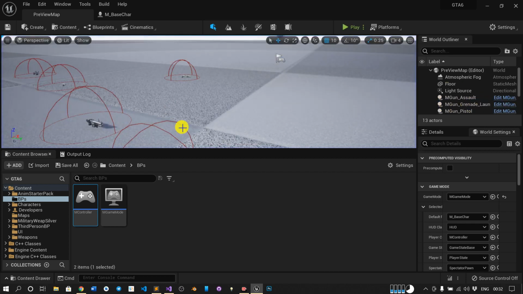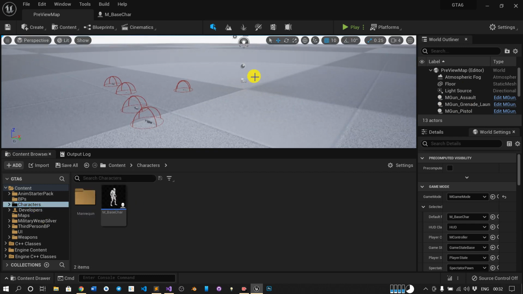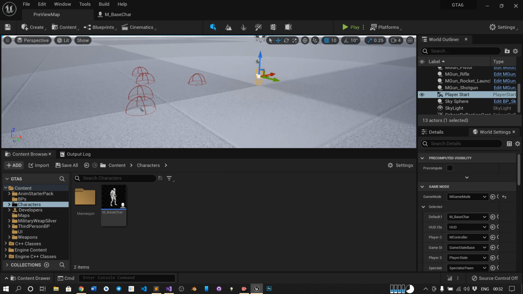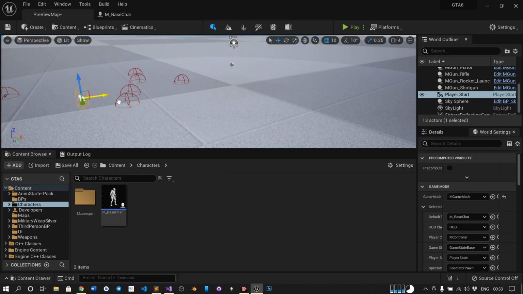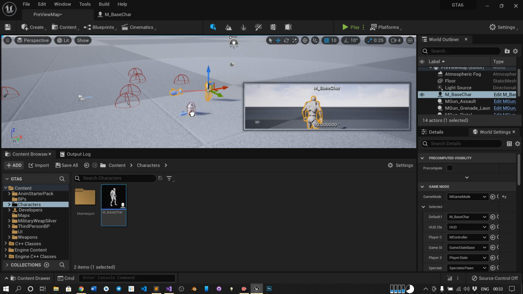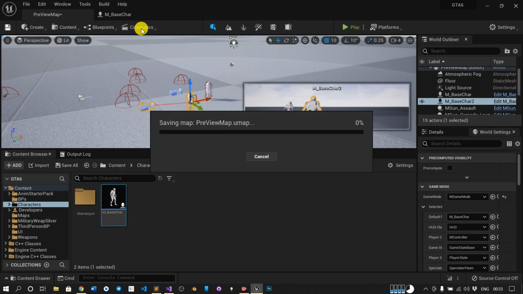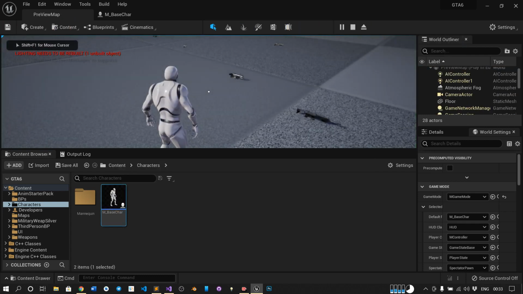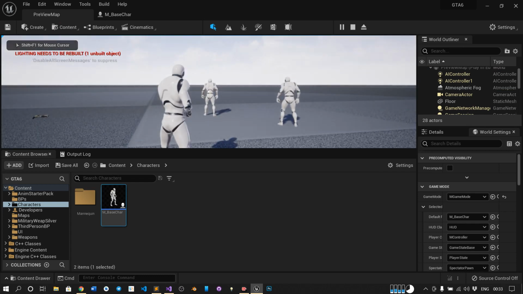So let's check it with one more character. Okay, wait. Have this here, and we will have 2-3 characters here. So we want to apply some damage to these characters. First, let's check.